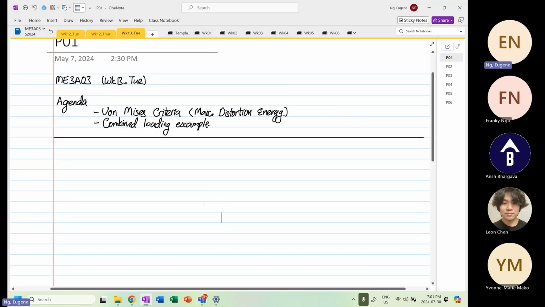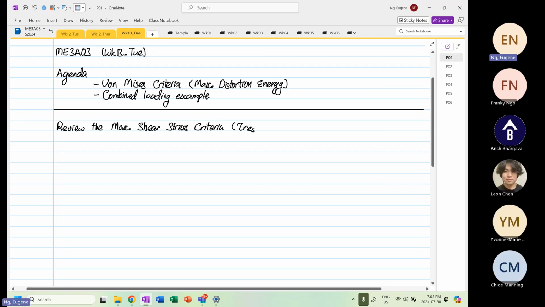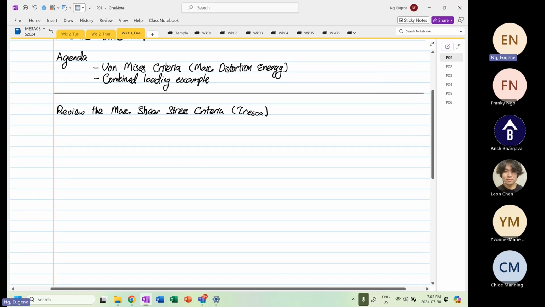Okay. But before we go on, I want to quickly recap, review the maximum shear stress criteria. For this case, what I'm talking about is Tresca criteria. So if we were to look in Tresca criteria, and if we have a 3D element,